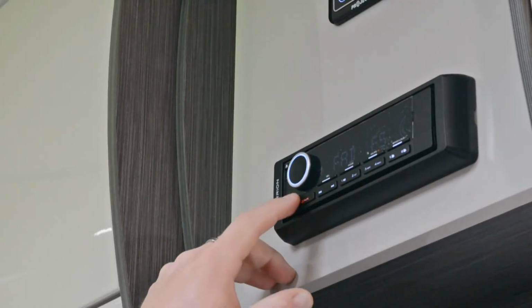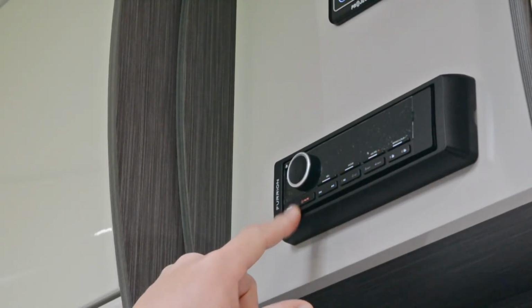To turn the unit off, just hit the on button again, and for all other detailed information, please refer to